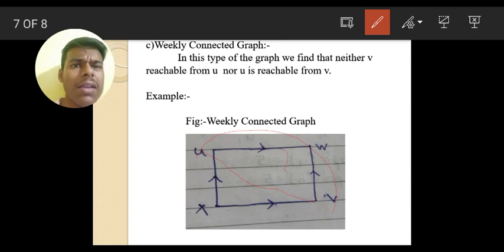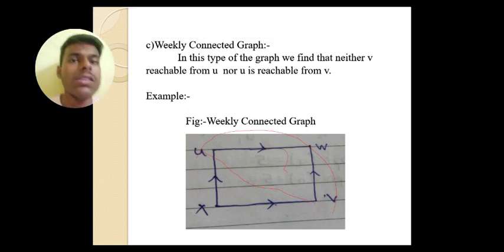This type differs from unilaterally and strongly connected graphs. Unilaterally and strongly connected graphs are not weakly connected graphs, but a weakly connected graph has nodes which are not reachable from each other. So this type of graph is a weakly connected graph. In this way, we discussed the properties related to connectedness with definitions and small examples. In this way, we can study connectedness and its different types with examples.